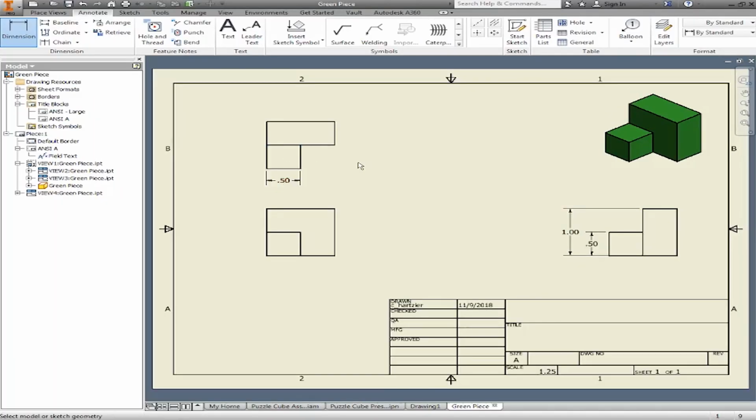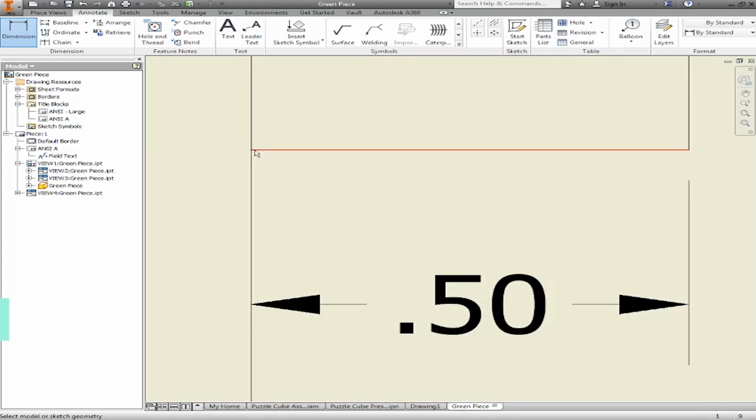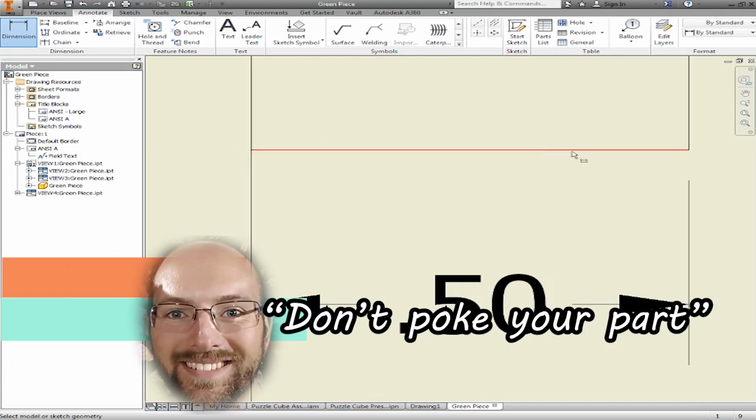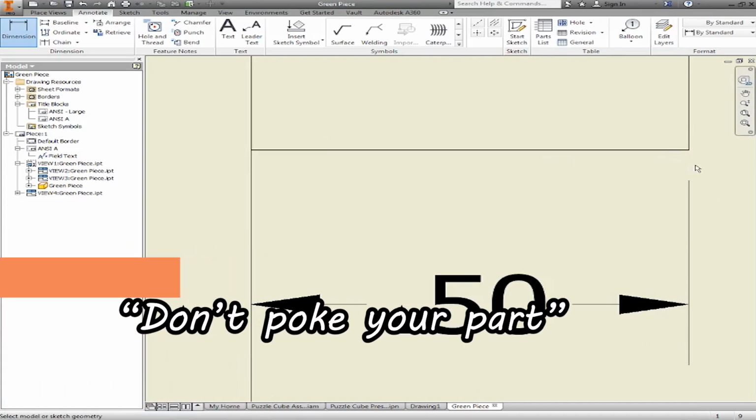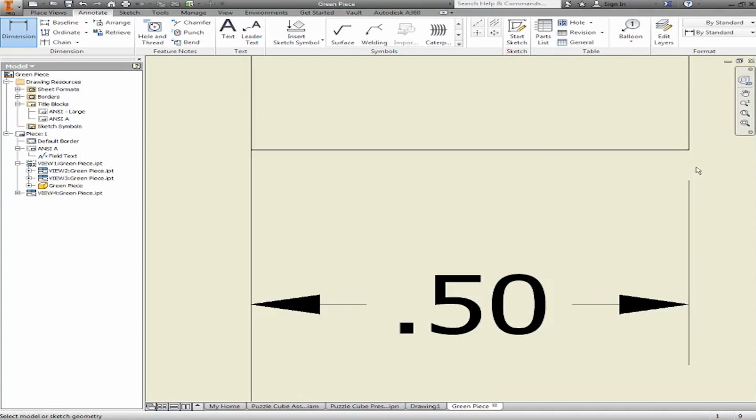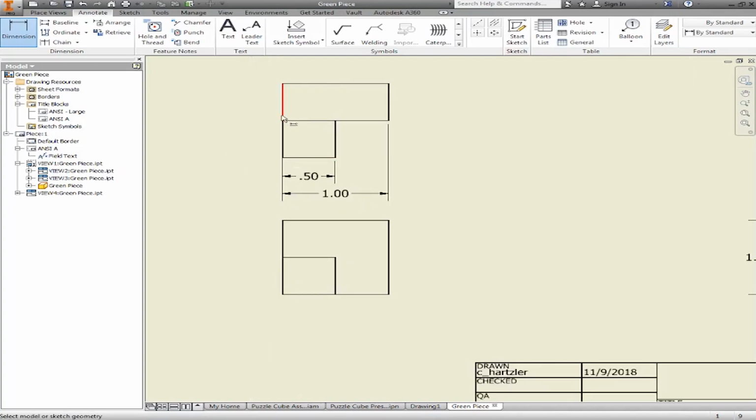Now this is a common mistake here, so I'm going to click this side way up top, this side way off to the right, and come down. Looks all fine and good until you zoom in on this corner. I tell you guys, don't touch your part. This one over here, that's a good gap right there. Should be a 1/16 of an inch. Over here, I'm touching. That's because I clicked way up here, and it's actually getting a 1/16 of an inch